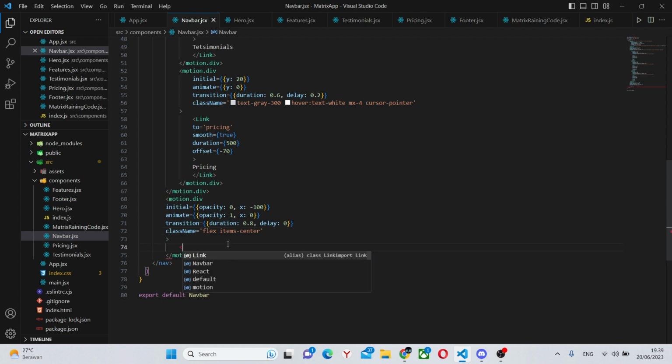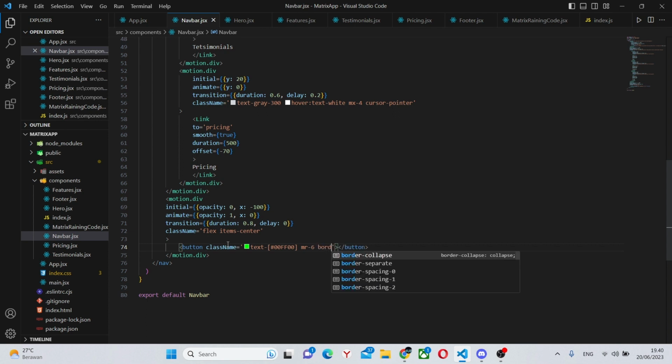Inside we can add a button with a class name of text-[#00ff00], mr-6, border, also green border, so [#00ff00].